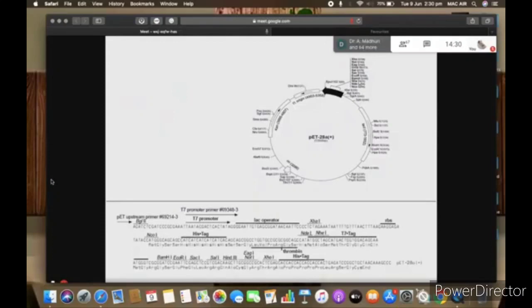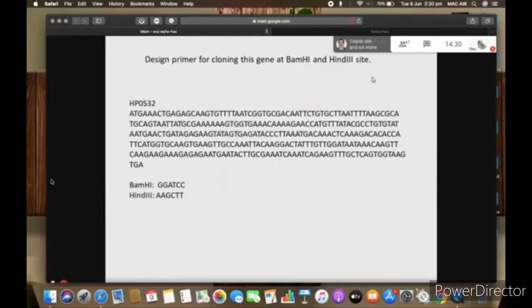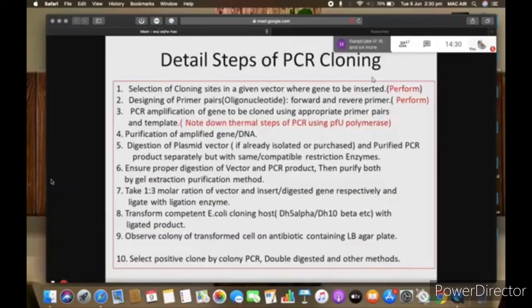So we have to search which of these restriction sites are absent in the gene. Then only we can clone at that site. Are you getting? You can note down, for PCR cloning, if the purpose is to clone the complete gene, then we should search the restriction sites present in MCS that are not present in our gene ORF.